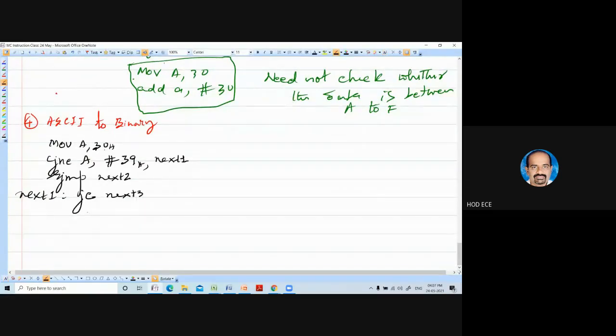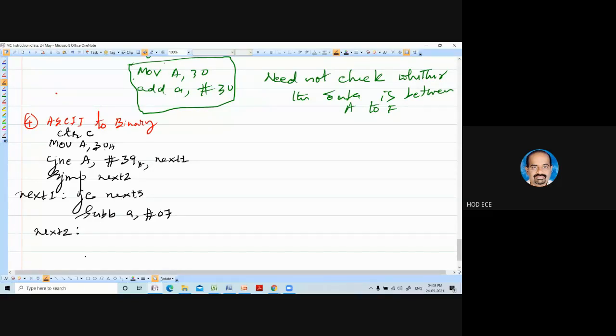So if there is no carry, it means the given number is greater than 39. So then what do you do? SUBB A, 7. So as you are using SUBB at the top, don't forget to clear carry. So what is next 2?